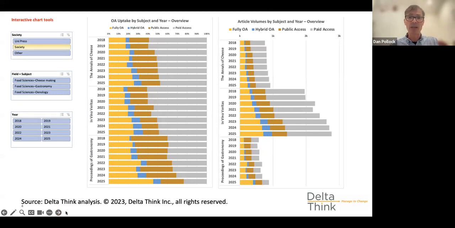Here we've illustrated a few ways of dicing and slicing things. So I've already mentioned the subject areas. We could expand or contract the number of years covered. Sometimes people want to have different time scales, and that's the panel at the bottom left. And then finally, top left, there's various other things we do behind the scenes that people are interested in.